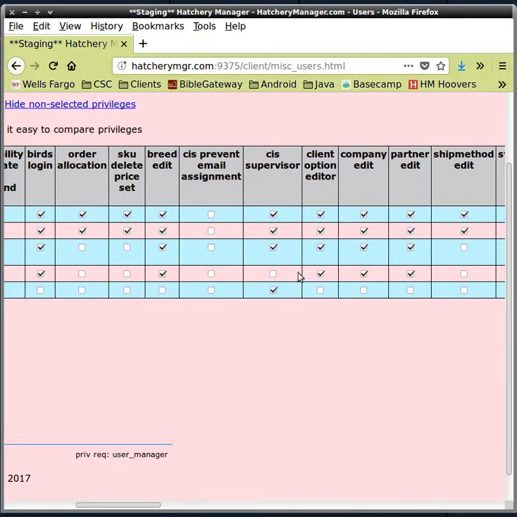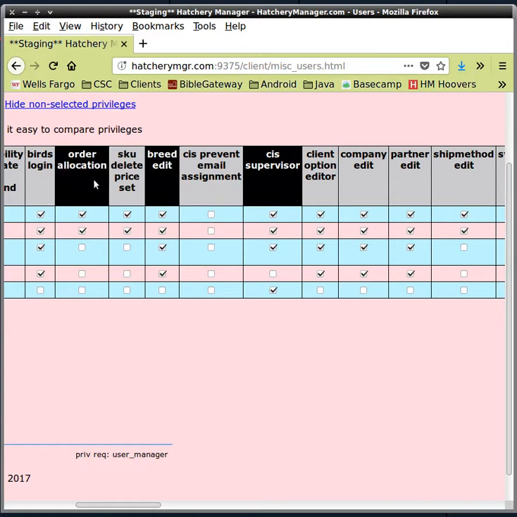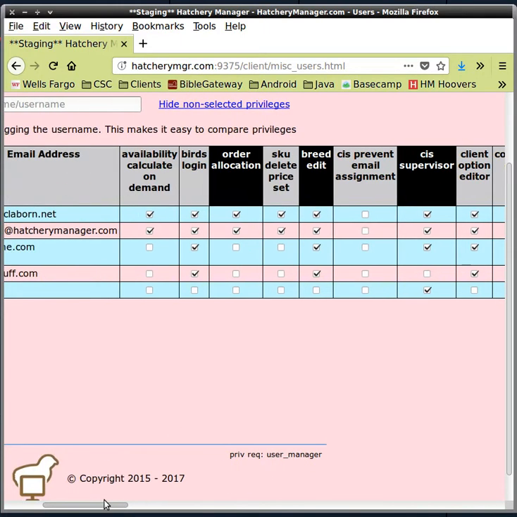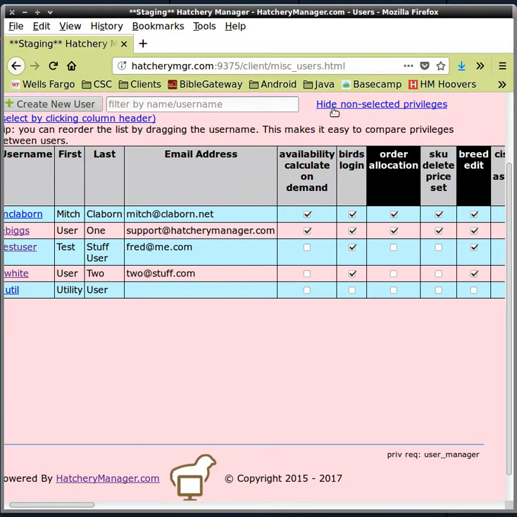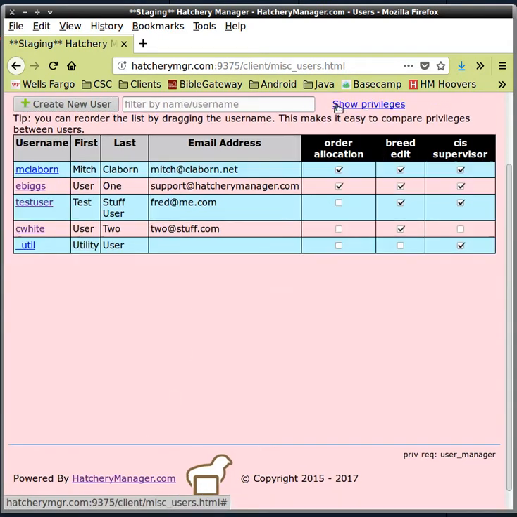Now, one more feature that you can use here when you've expanded these privileges, if you click on a couple of these headers, see that turn black, that means you selected them. Now we can go back over here and hide the privileges that are not selected. So this lets you focus in on a particular set of privileges that you want to view and change how those